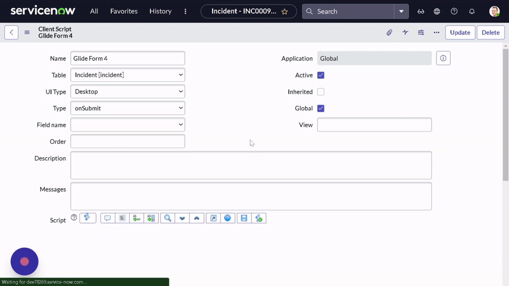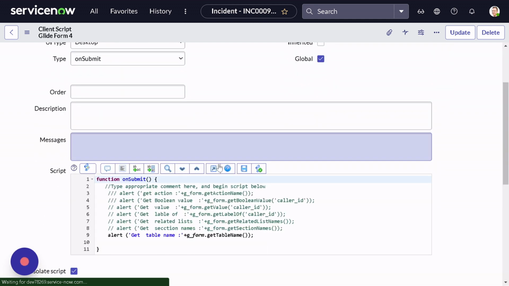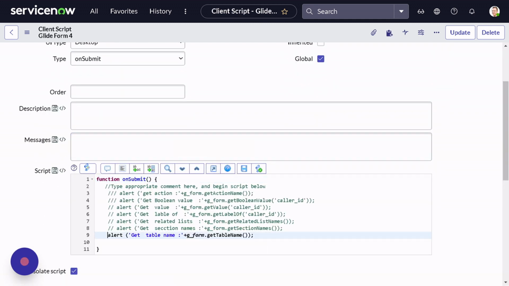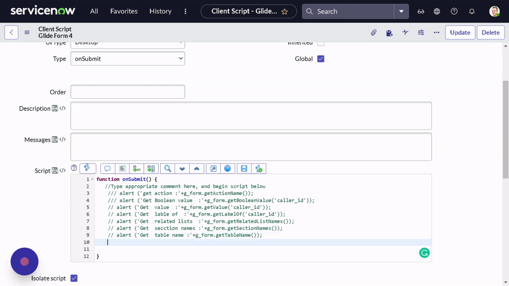So this is done. The next in our list is getUniqueValue. What this particular function does is provide the unique value. What is the unique value for any record? That's the SysID. So it provides the SysID of the current record. Okay. So we'll give it the name unique ID,